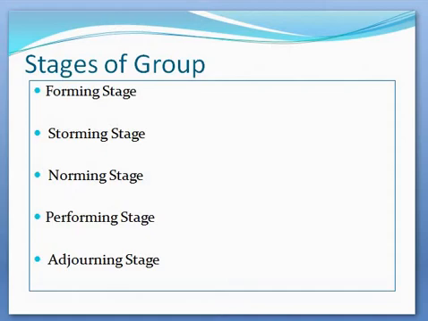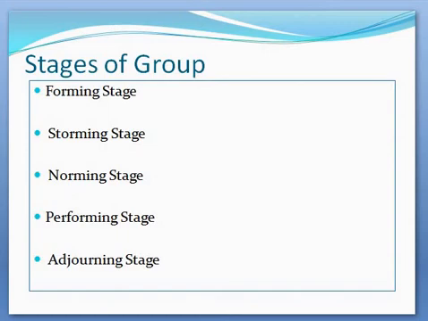Next stage is storming. After the forming stage, there is a stage of intragroup conflict, which is referred to as storming. In this stage, there is a conflict among members about how the target of group is to be achieved. Who is to control the group? Its resources, who is to perform what tasks. When this stage is complete, some sort of hierarchy of leadership in the group develops and a clear vision as to how to achieve the group goal.